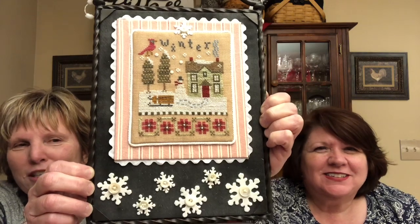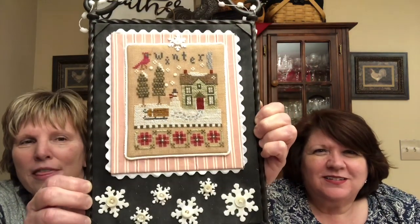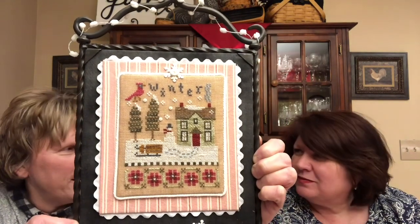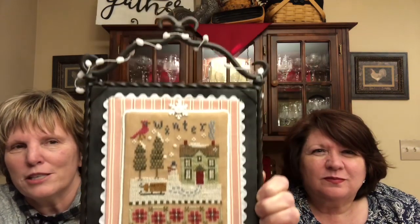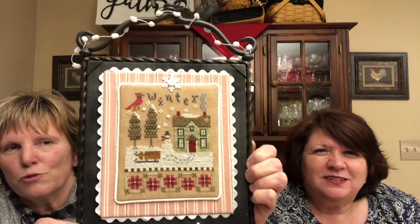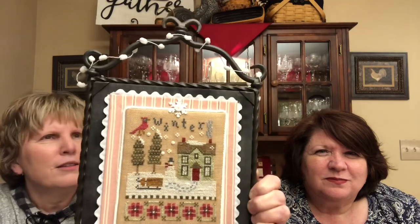And I'm like, what's the difference? And then I glued the buttons on top. And I thought it looks really cute. I thought it works because the snow kind of has tones of white and off-white in it, so it didn't bother me. That is very cute. Yeah, and so then I just wrapped the string around, put one snowflake at the top where it joins, some rickrack, some of the little...